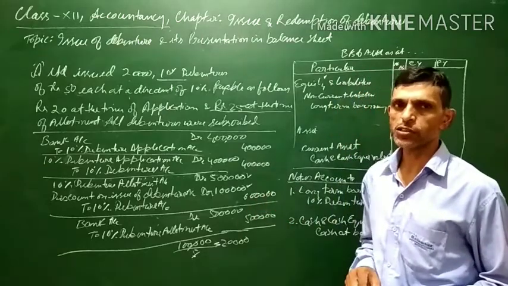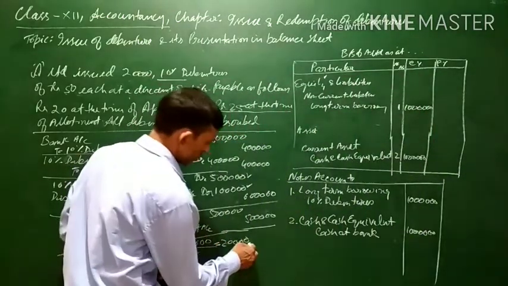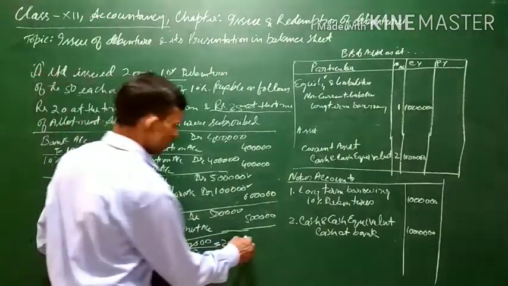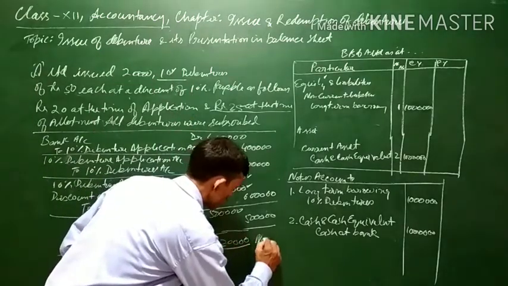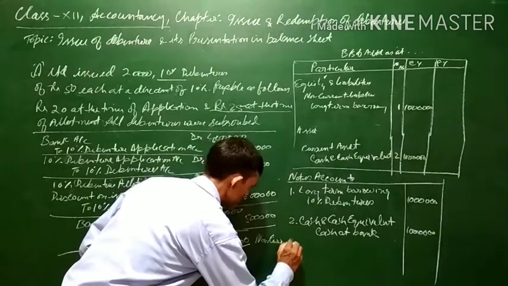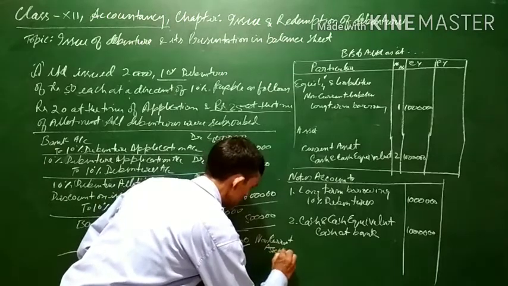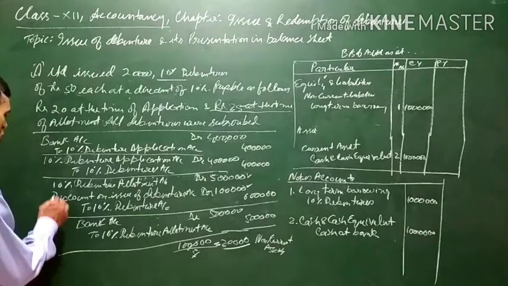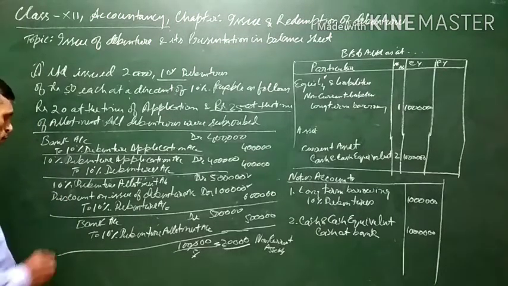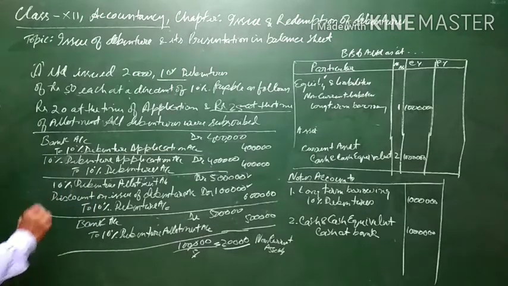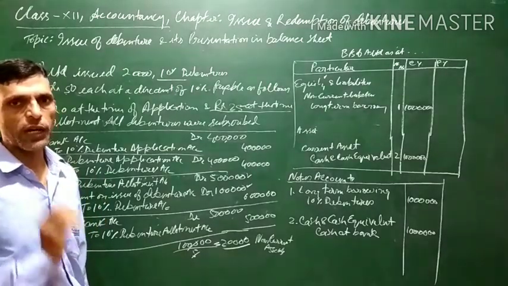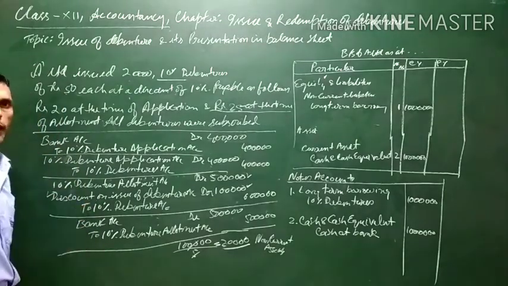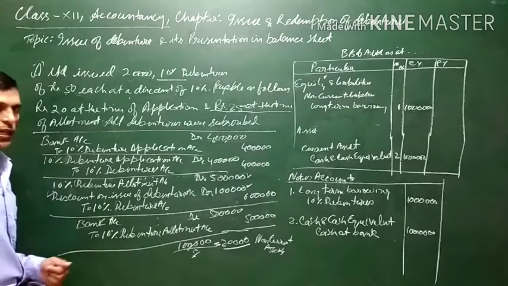Now one more thing regarding this is that the 20,000 which will be written off within 12 months of the year will be regarded as current assets. This discount on issue of debenture is actually an asset of the company. Now, why is this an asset? As we know, assets have debit balance, and this discount on issue of debenture will also have a debit balance. So, it is treated as an asset.